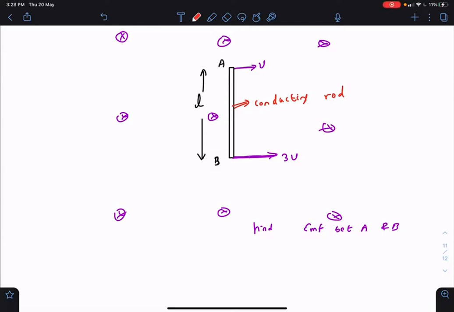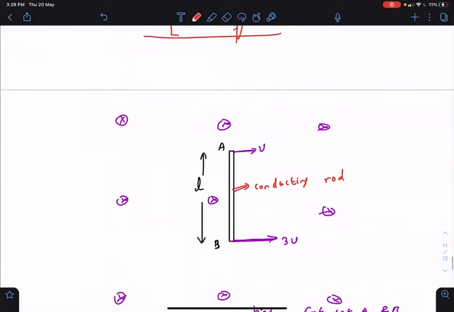So, what is the way you all are doing? Can one of you tell me? Try to use the axis of rotation and then apply that formula, B omega L square by 2. About the axis of rotation, if it's rotating with omega, then the potential difference at a distance is B omega L square by 2. But it is not only rotation, there is a translation also. I took the instantaneous axis of rotation and then applied it.